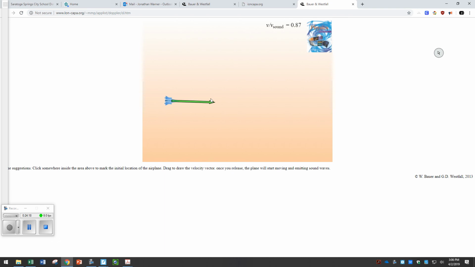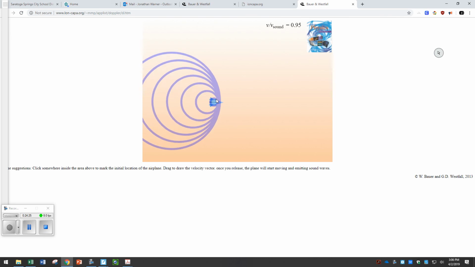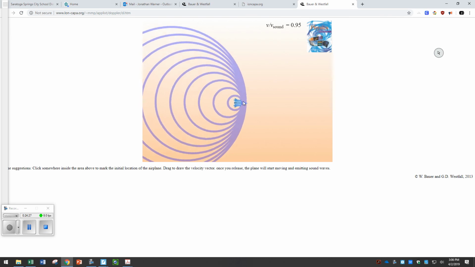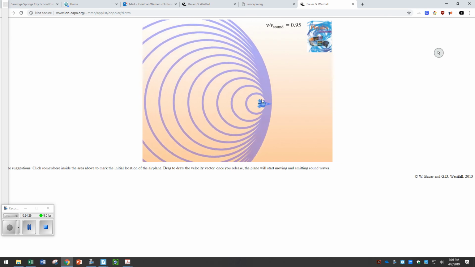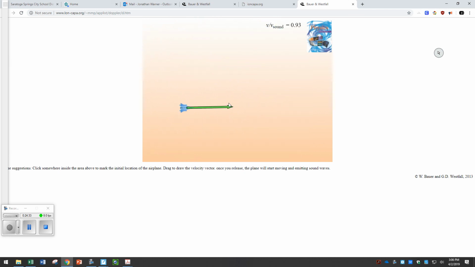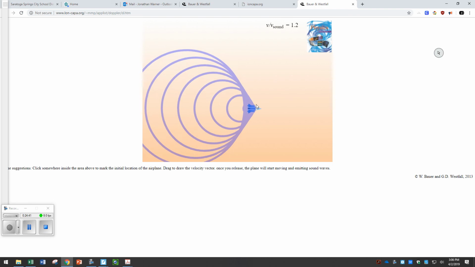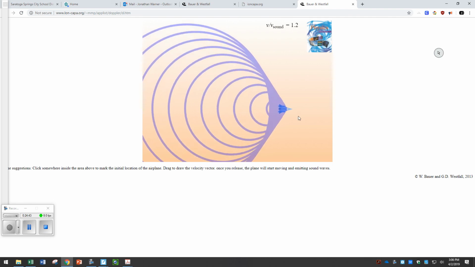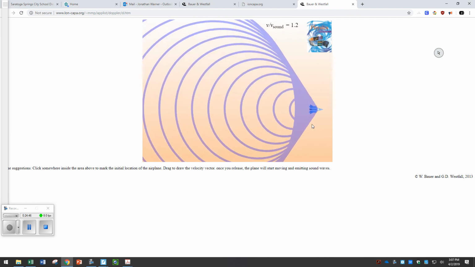Let's go to 0.95. And look, these waves will get a little bit farther, faster than the plane. See, they're passing the nose of the plane now. That means they're going faster than the plane, and we get a big spread out in the back. Well, watch this. We go faster than the speed of sound, and this source of waves goes faster than the waves go themselves. And so what you get